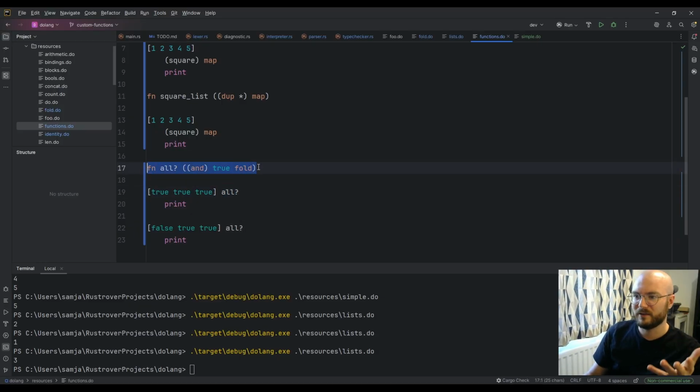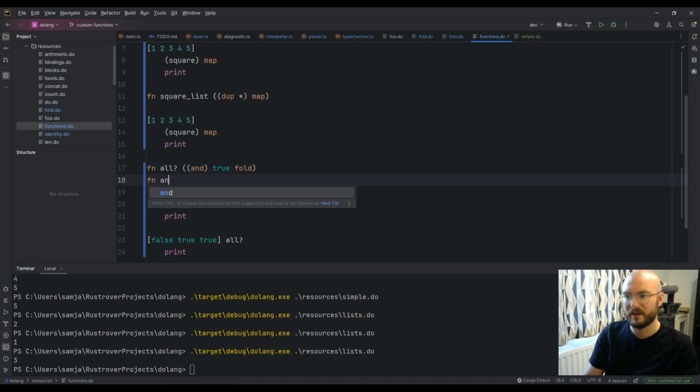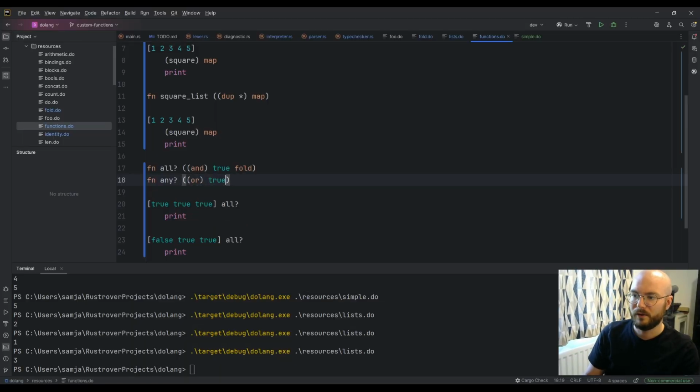And so you can define all using fold, and you can define any using a fold, which is an or true, or false fold. Because then if any element is true, true or false becomes true.